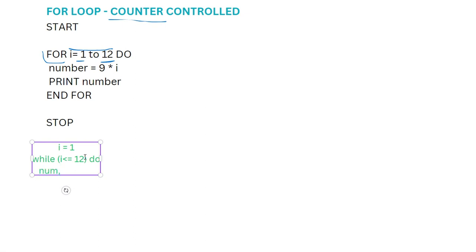Number is going to be equal to 9 times I. Print number, and then we have our end while. One statement needs to be in there. Remember now,